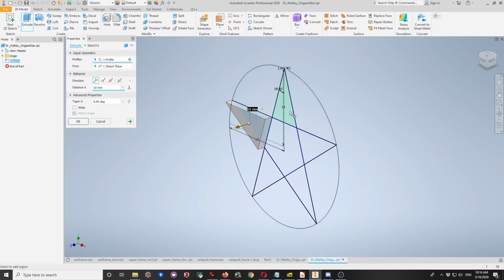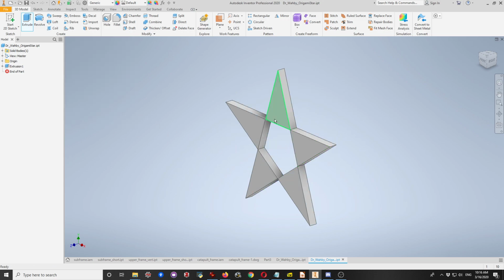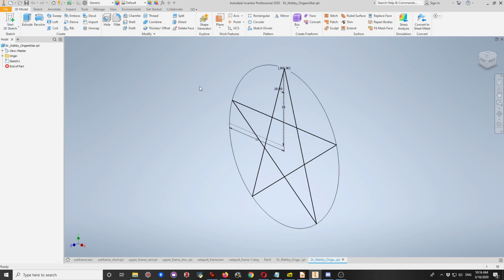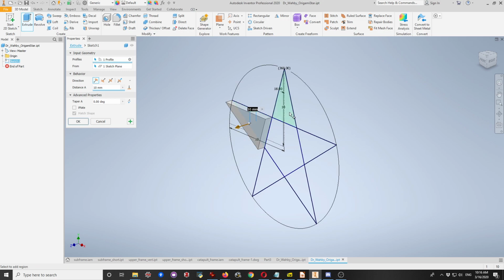So I'm going to extrude all the outer pieces. I'm going to extrude them to 1 centimeter or 10 millimeters. Now, I want to extrude the center of my star to a different height, just because it'll look cool. But if I hit OK, my sketch goes away and I can't extrude anymore. So let me Control Z, let me undo that, and let me show you how you can extrude multiple times